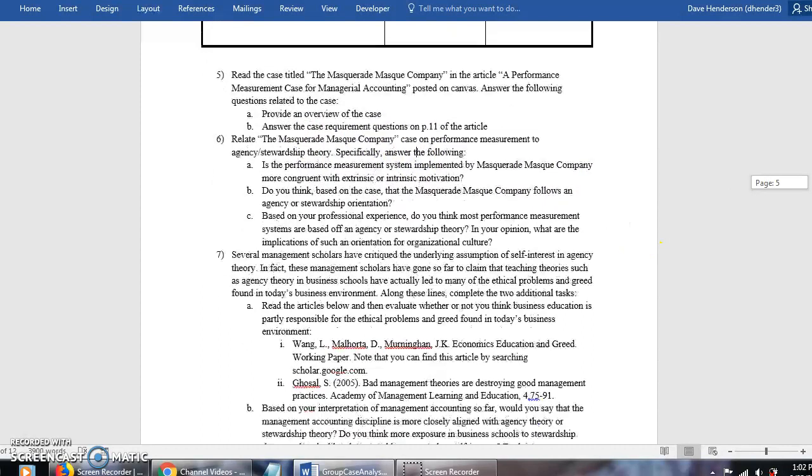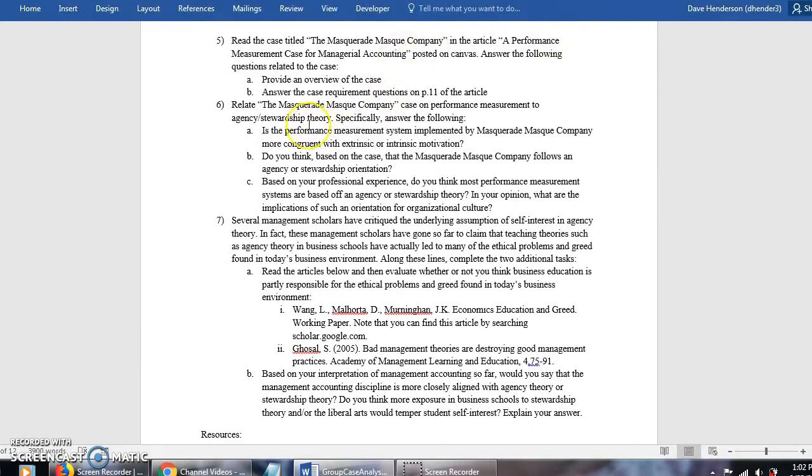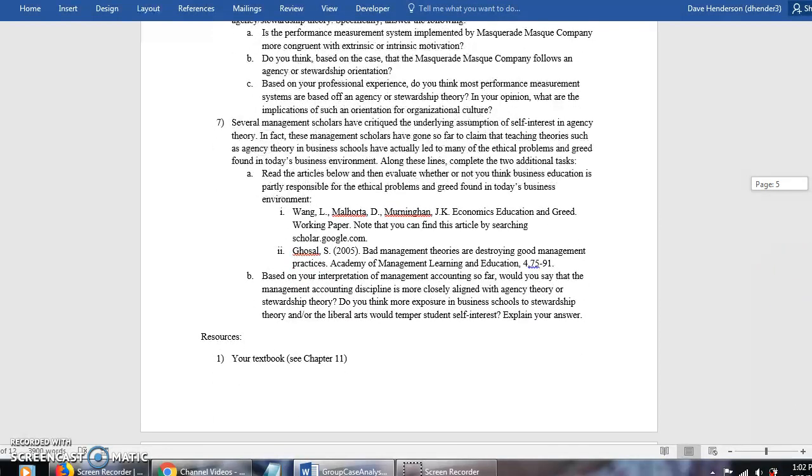And then what I want you to do is relate the case to agency theory and stewardship theory, and is their system more congruent with extrinsic or intrinsic motivation? Why or why not? Do you think they follow more of an agency or stewardship orientation? And based on your professional experience, do you think most performance measurement systems are based off agency theory or stewardship theory? And then finally down here, this list of questions says several management scholars have critiqued the underlying assumption of